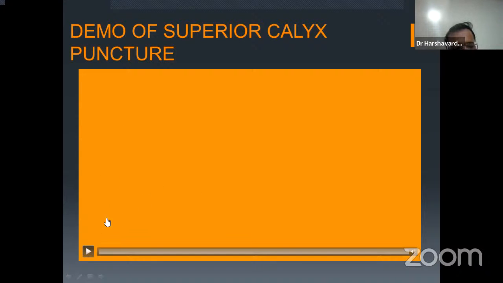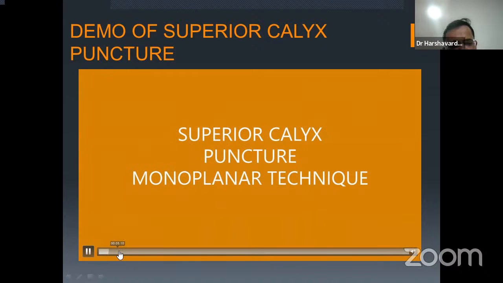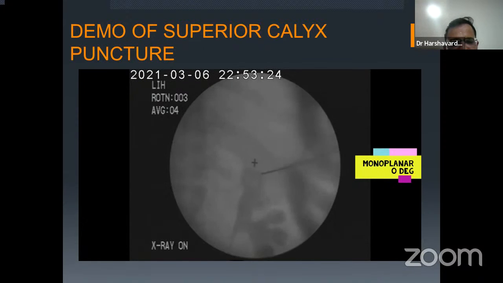So now a few demos of all the punctures, right from superior to middle and lower. Let's see one by one. Small videos are there. It's a superior calyx puncture. See, I am coming supracostal in monoplanar technique, 0 degree technique. I am targeting my superior calyx again